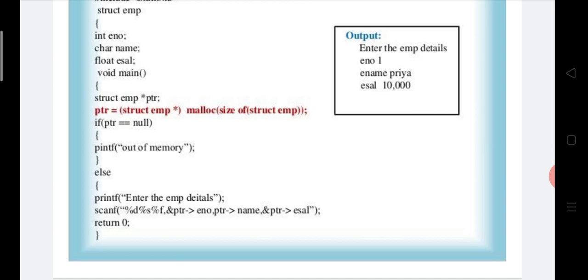Once inside the else statement, the printf enter the employee details will be executed. Afterwards the user will enter some details of the employee: the employee number, the employee name, and the employee salary, and all these details are stored inside the memory block which is allocated by malloc.